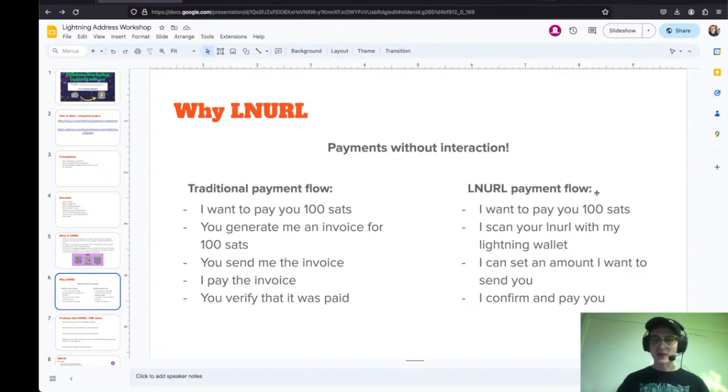Versus the LNURL payment flow, I want to pay you 100 sats. I scan your LNURL with my Lightning wallet, your static QR code that you generated maybe a month ago. I can set an amount I want to send you, and then I confirm and I pay you, right? So it's all on my side. You don't need to interact in order for me to tip you